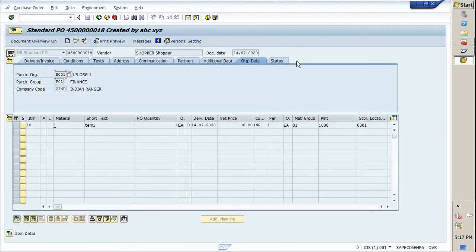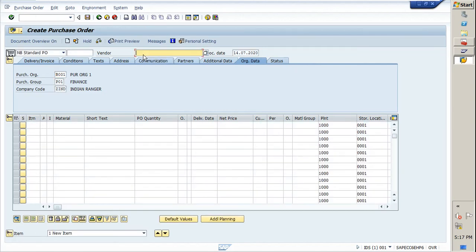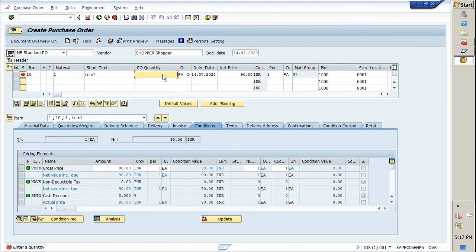So as you can see, there is no release strategy tab at the header, so no release strategy has been triggered. Now we will create a PO for a value more than 100. So let's see whether the release strategy will be triggered or not.